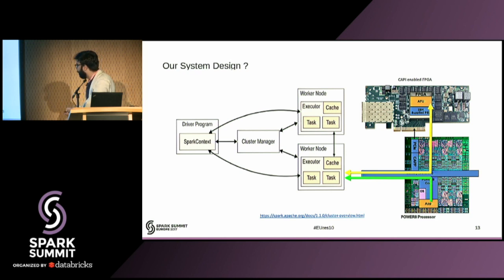And since it's a CAPI interface, both the AFUs, or the accelerators, and the tasks running on the cores have coherent accesses to the main memory, which is at the terabyte scale. But you also have some memory here as well, which has higher bandwidth, but much smaller capacity. And the question is, what are the trade-offs for these different mappings?